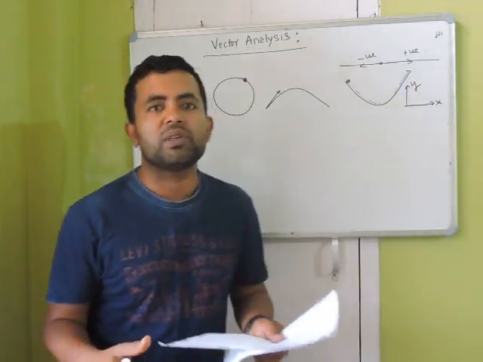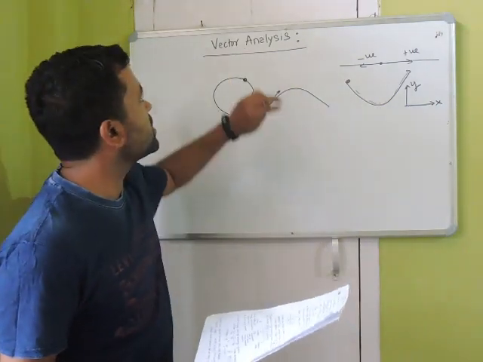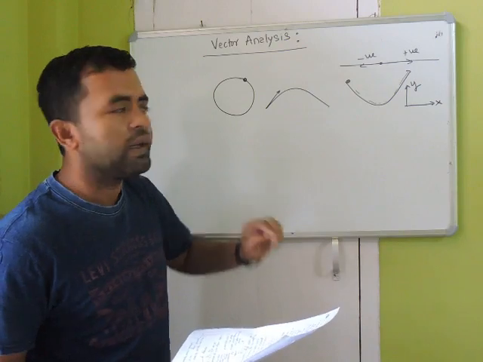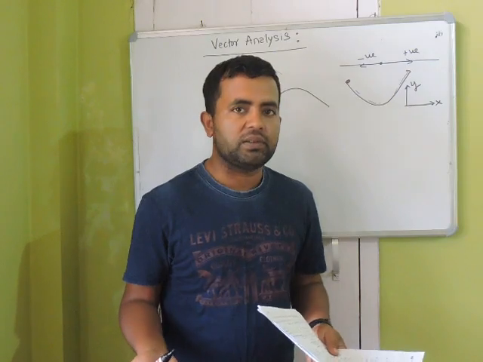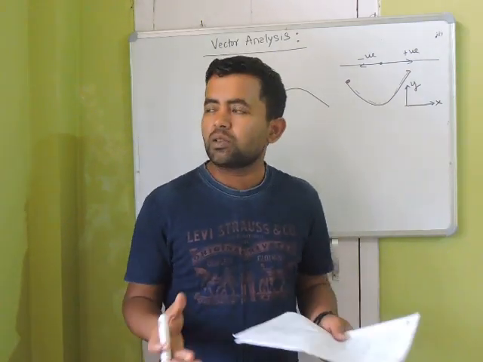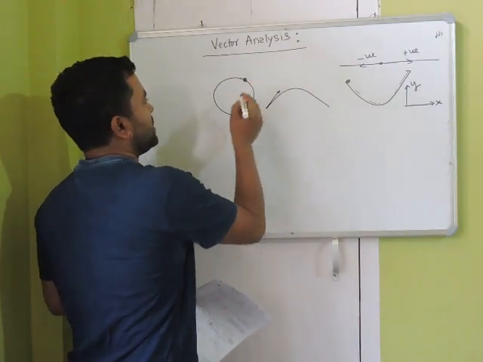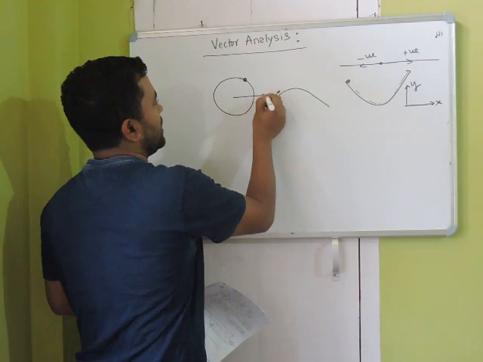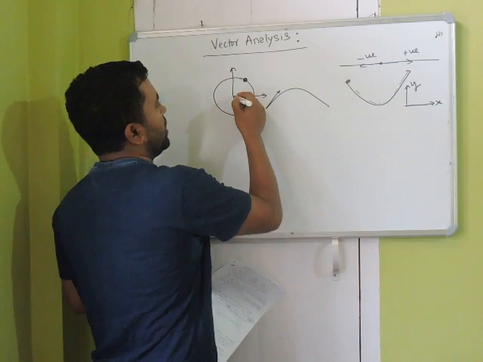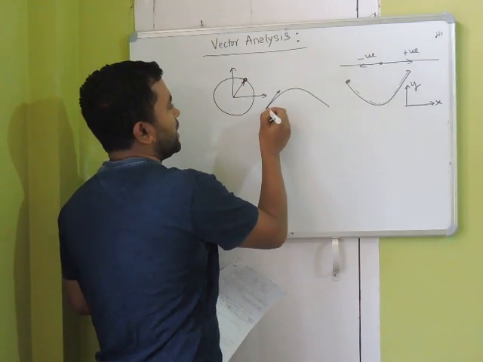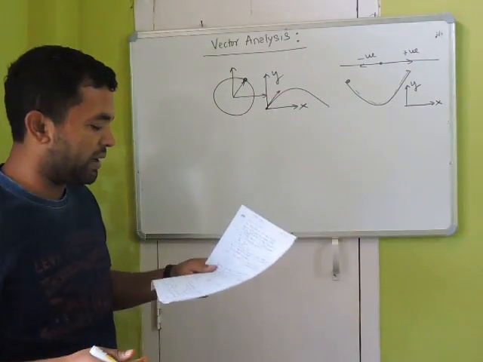You can't understand 2-dimensional motion without using a very important mathematical tool that is called vector, right? And if you go from 2 dimension to 3 dimension, then it's quite simple, right? So we are generally going to talk about 2-dimensional motion only. In this case, to explain it, you will select an origin. Let us say the center is the origin. So this particle is located here. You can see here I can draw X and Y axis, and I can talk about it. We'll learn about all this.